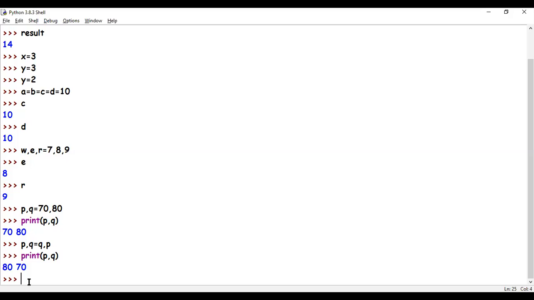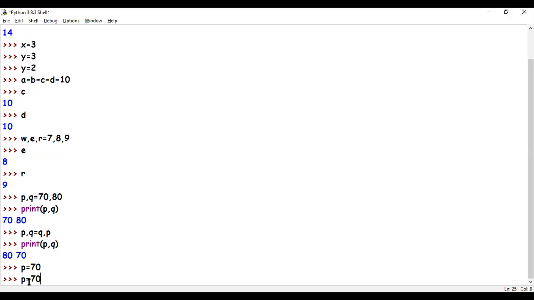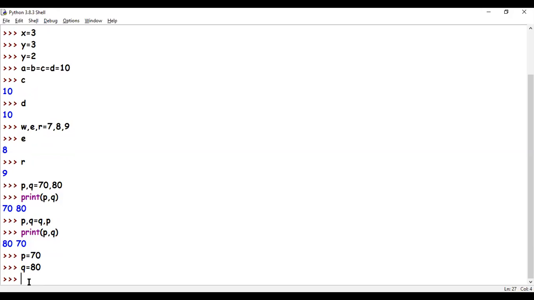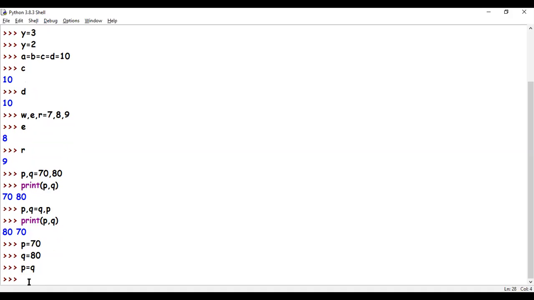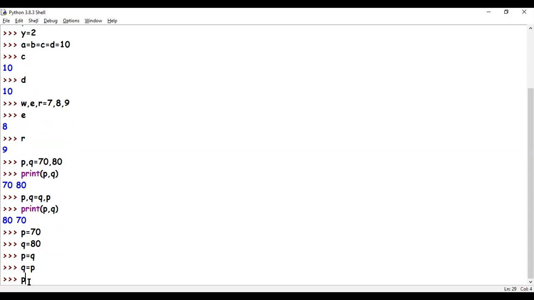Initially, if we did it the longer way, we would go something like P equals to 70, Q equals to 80, then you would say P equals to Q. And after this, if I try and say Q equals to P, I'm going to get an error. Let's see what I get now.